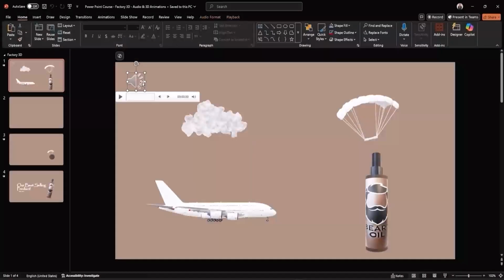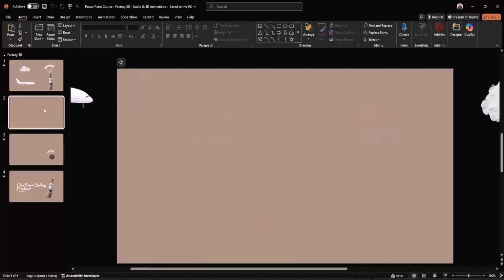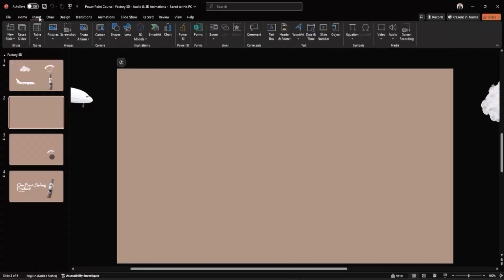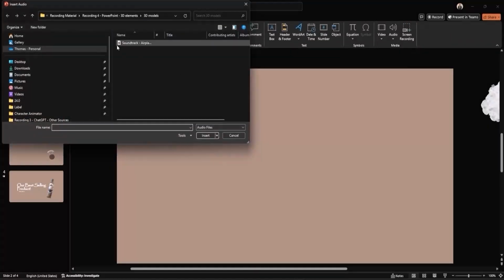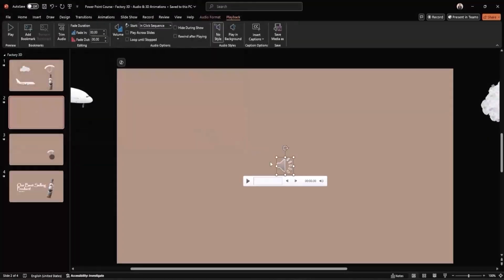As before, I've made it easy for you by already adding the sound effects. However, this is the final version of the sound effect, so I suggest you follow along with this step to see how it's done yourself. Head to Slide 2, click the Insert tab, then Audio, and select Audio from my PC. Choose the file you want to add, or simply just drag and drop it into the slide.